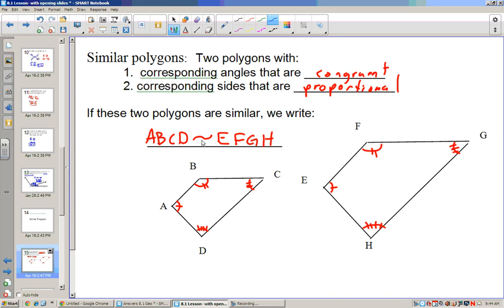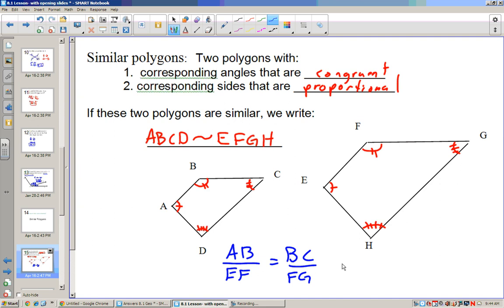Now, when it was congruent, when there was a little equal sign down here, we knew that AB was equal to EF, but we don't know that now. We know it's similar, so those sides are proportional. So what that means is AB over EF should equal BC over FG,